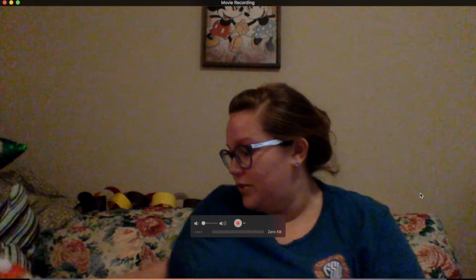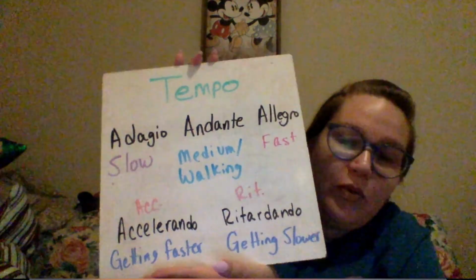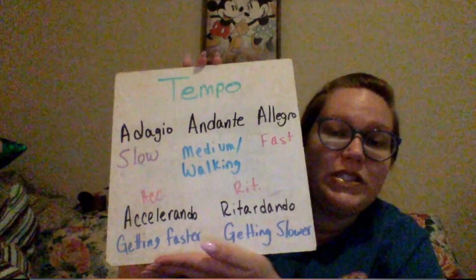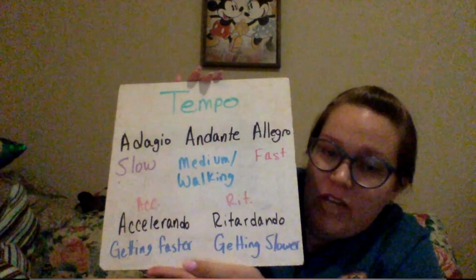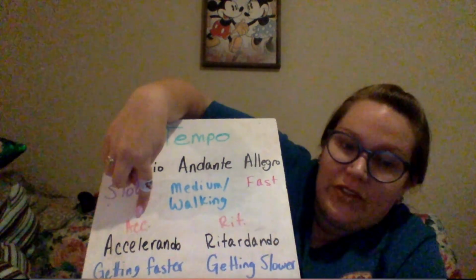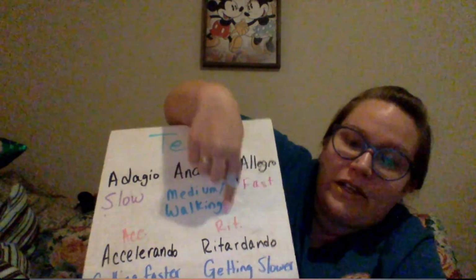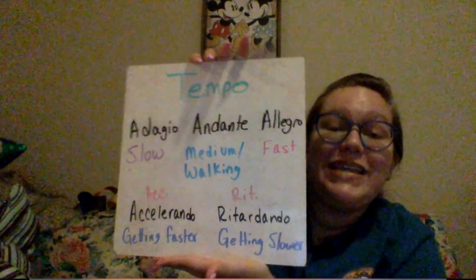Okay, so that was our 3 tempos. And now we're going to talk about 2 elements of music that have to do with tempo but are not the set tempo that we start the music out with. And that is accelerando, which is getting faster, and ritardando, which means getting slower. And if we were to see these written in a musical score, we might see the whole entire word, or more likely we might see an abbreviation, ACC for accelerando and RIT for ritardando. And remember, these are also Italian words, getting faster or getting slower, gradually.